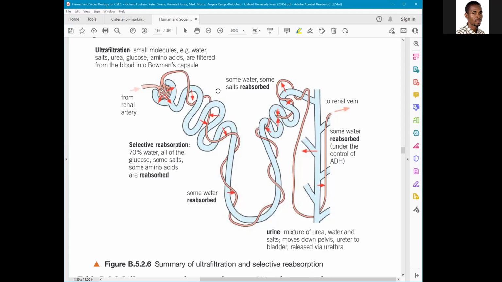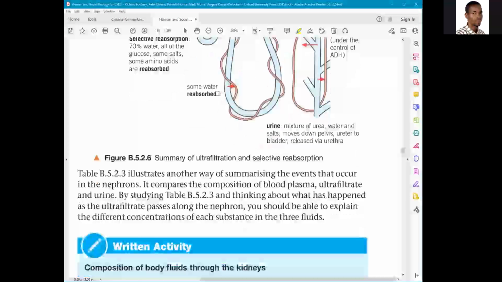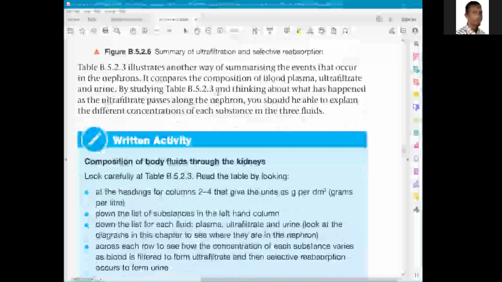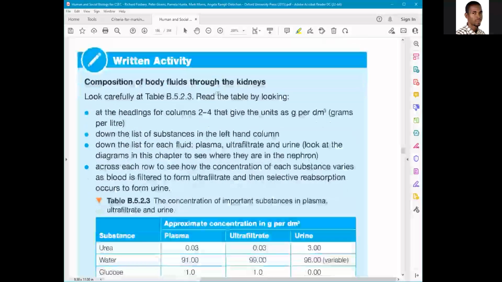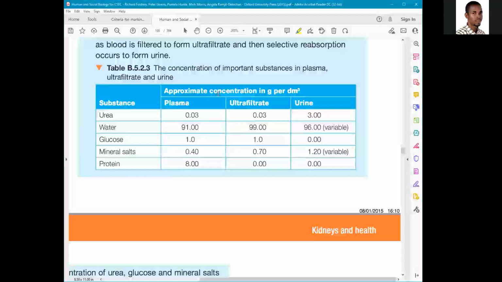Let's just look at the table to show the concentration of the blood. Where is that? There we go. The concentration of important substances in plasma,